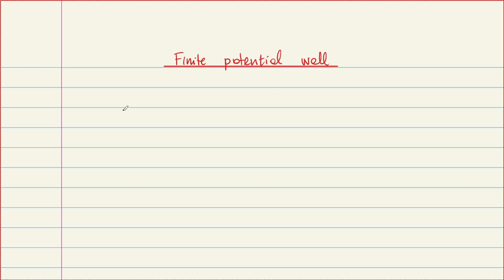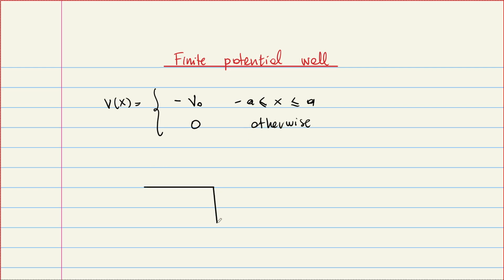So we are trying to solve Schrödinger equation for given potentials, and our last example is V of x is equal to minus V naught if it's inside some domain, and 0 otherwise. Okay? And the picture is something like this. We have a well